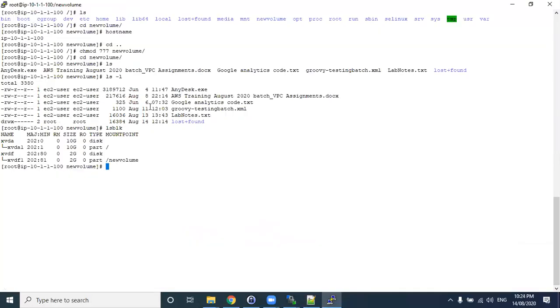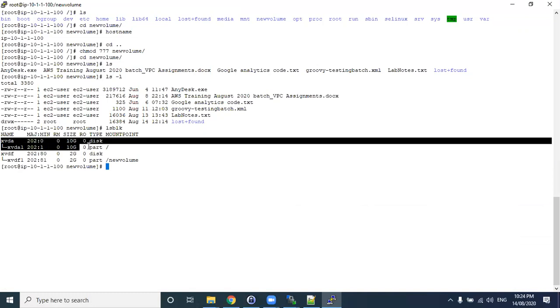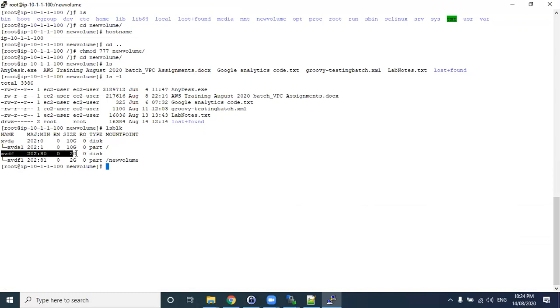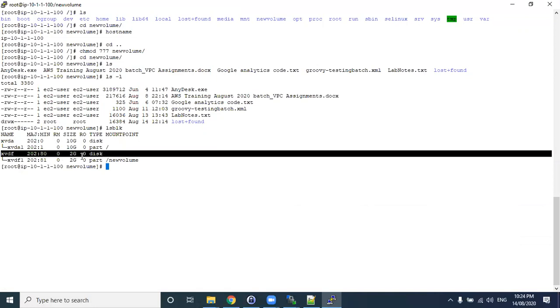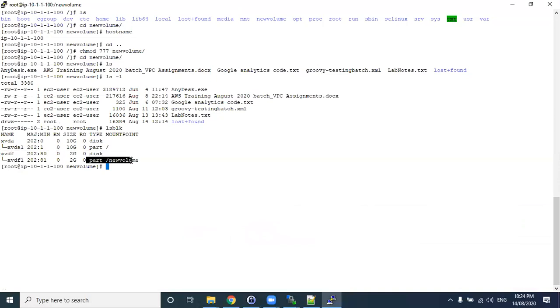So till now, a quick recap of what we have done. We launched the EC2 machine. After launching the EC2 machine, by default we had 8GB. Along with that 8GB, we added 2GB of volume. We created a 2GB volume, attached it to this EC2 machine, and made a partition on this volume. Later, we created a new volume folder, right? Here we moved a few files. It might be any data. For the demo purpose, I moved some 5 random files from my Windows machine to this Linux machine. Till here, any doubts?